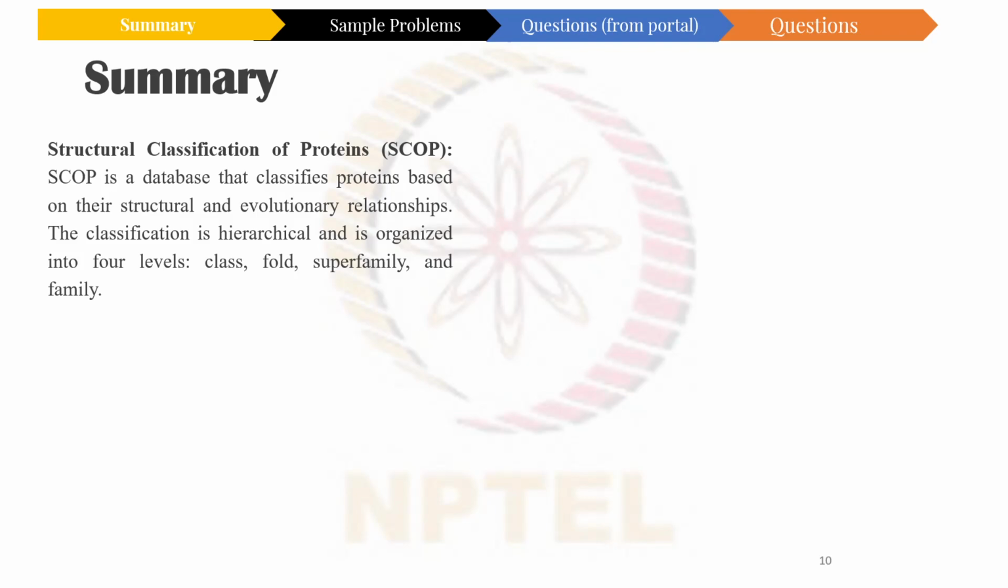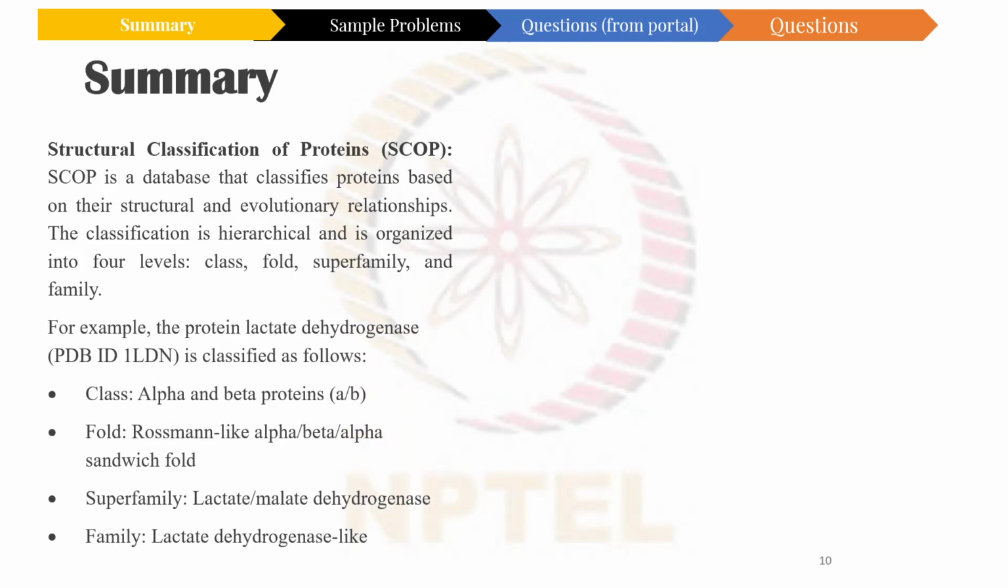Here the classification is hierarchical and is organized into four levels. The first is class, fold, superfamily, and family. Here, class means proteins are initially classified into one of seven broad classes based on their overall shape and architecture. Next is fold. Within each class, proteins are further classified